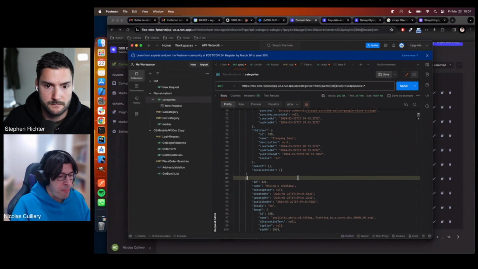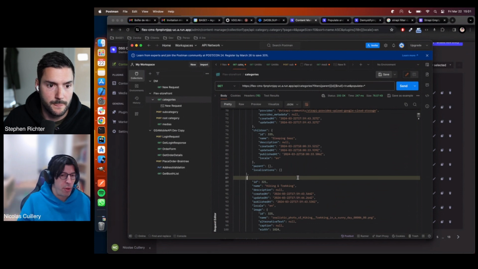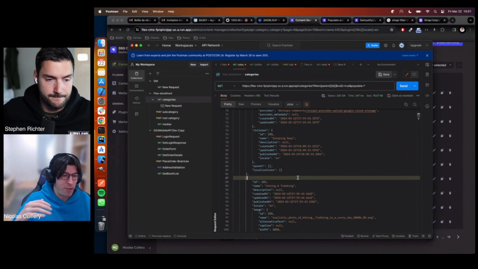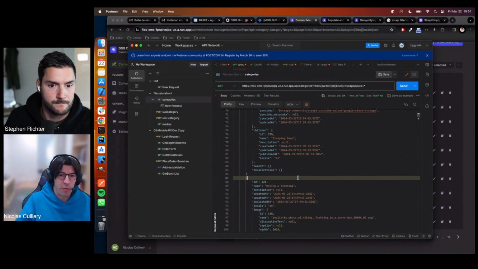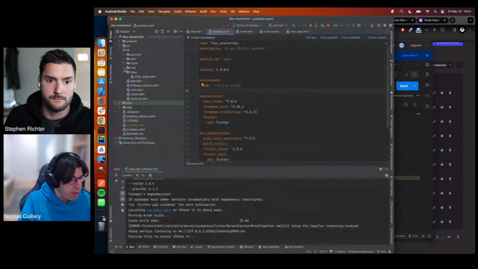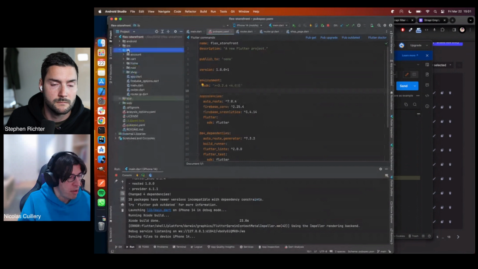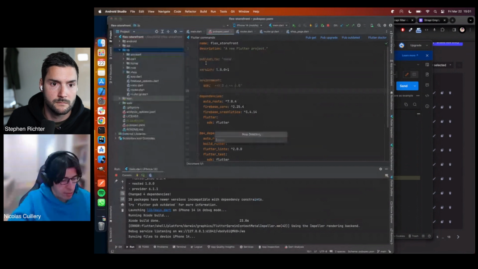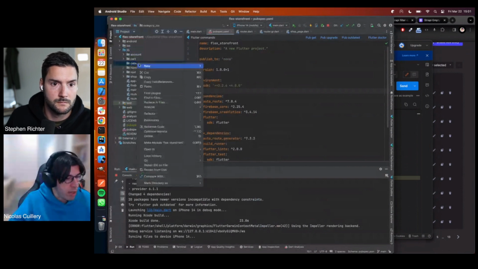Exactly. So I like to start with what I call the bottom to top approach. In the different layers of architecture, I start with the deepest, simplest thing we can have, which is defining the model shape from the data returned by the endpoint. So let's start. In the shop page, we can define a folder named category list because that's what we are going to implement. And then inside that category list, we have